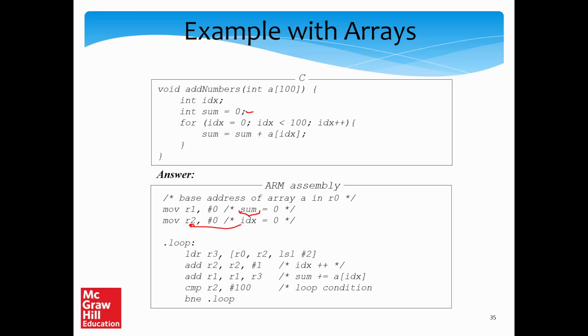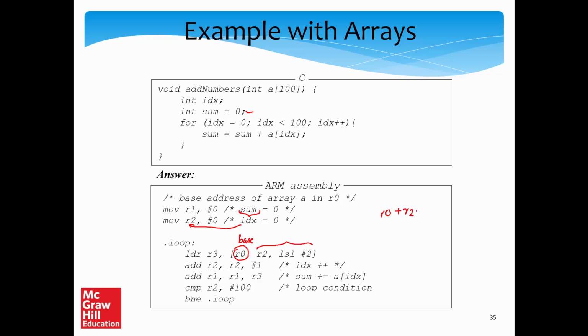So the first thing that we do is that we need to load from memory the value of the first array element. This can be done very easily. Since we assume that the base address of the array is in R0, we use this as the base register. Then we use a shifter operand where R2 is the index, and we essentially compute R0 plus R2